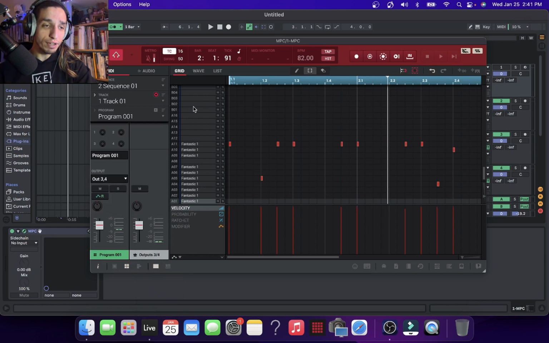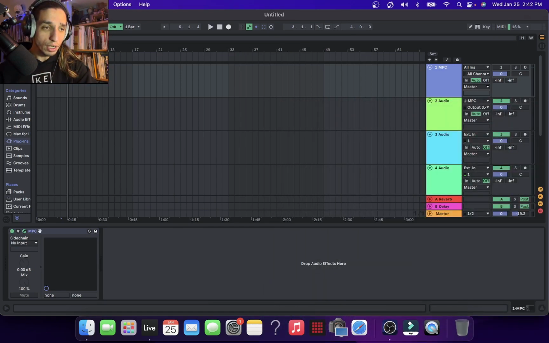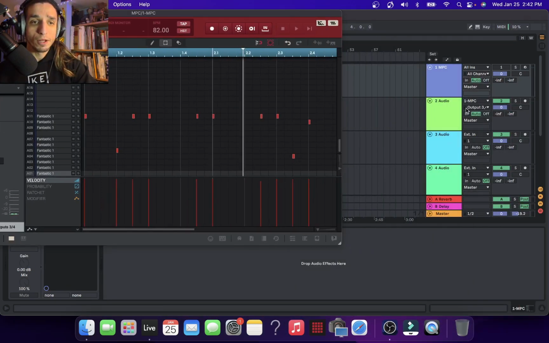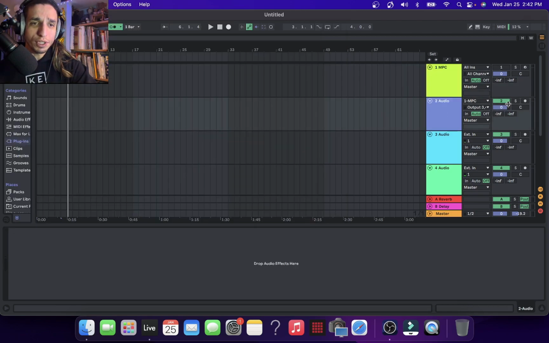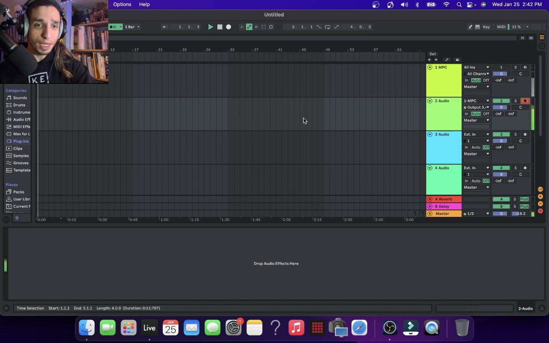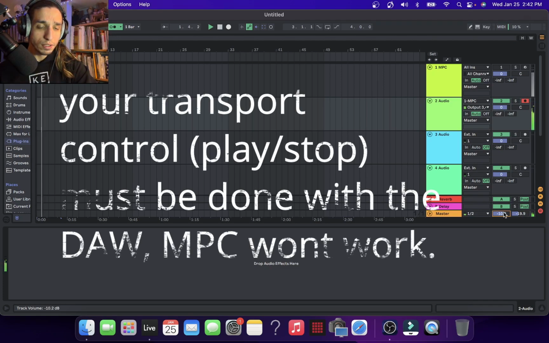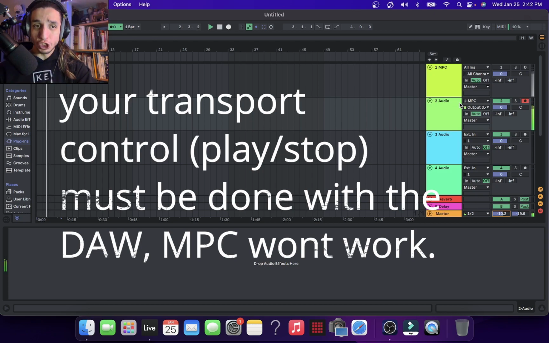So we're gonna select 3 and 4, right? So now let's move this back to the side here. Okay, or actually we can put it up here. Okay, so now we have this audio track. We got to arm it because it's Ableton, and then we're going to hit auto for monitoring. And now when we press play, it's just going to be playing that first track,